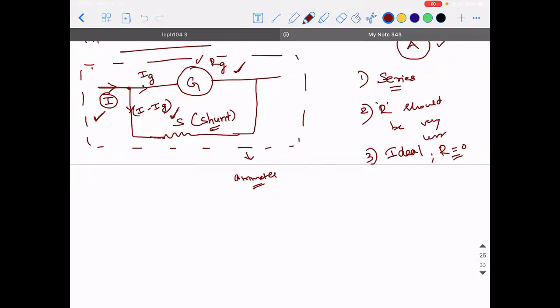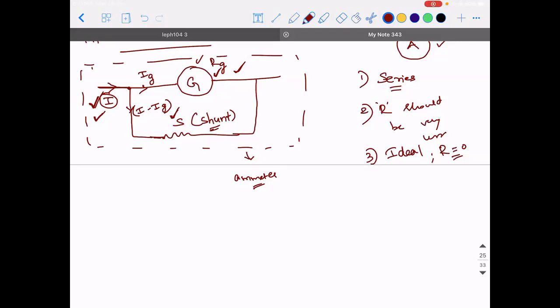What is the objective? You need to make this ammeter measure a maximum value of 5 ampere, as I told you for the time being. If the current has to be exactly 5 ampere, there is one more thing known to me: the resistance of the galvanometer. When I buy it from a shop, I can see the specification, so the resistance of the galvanometer will be given. When I know this value, what is the only unknown parameter?